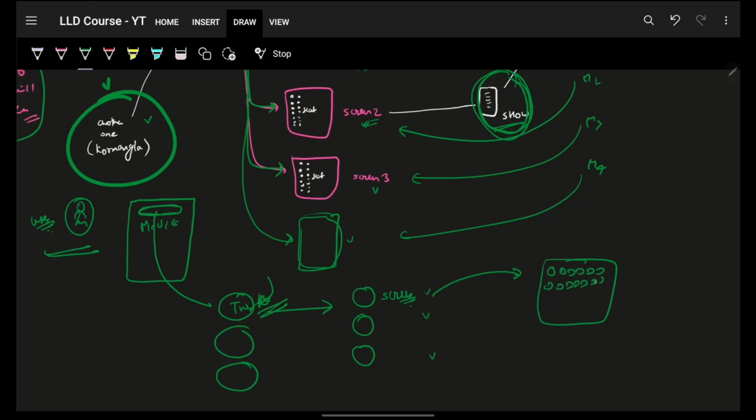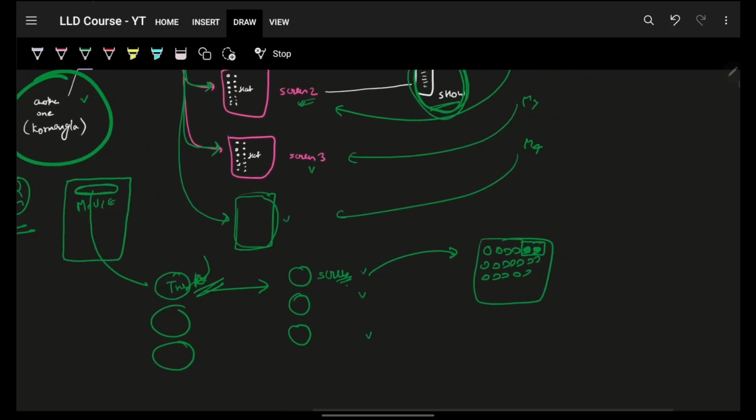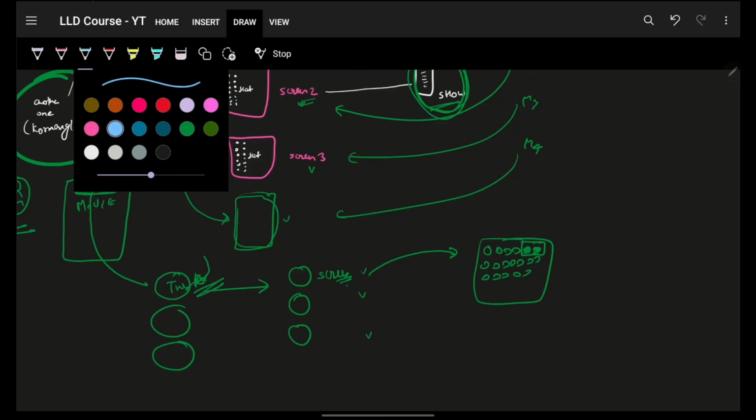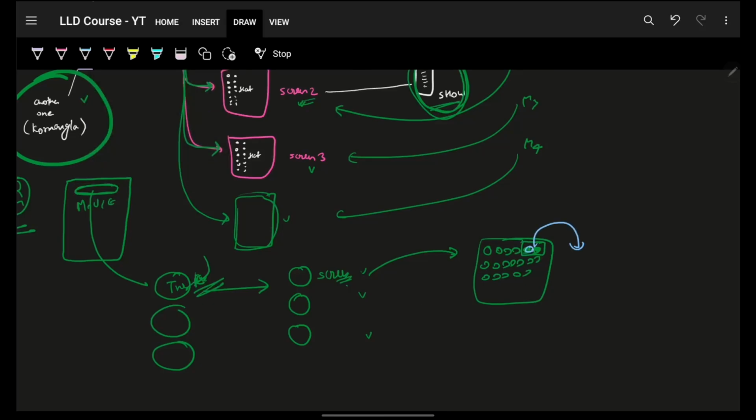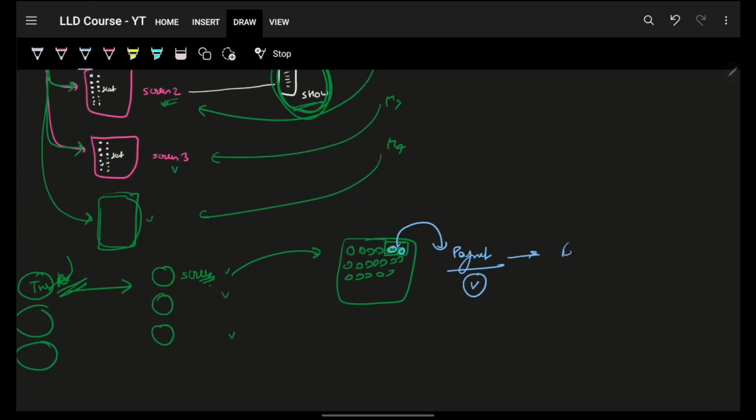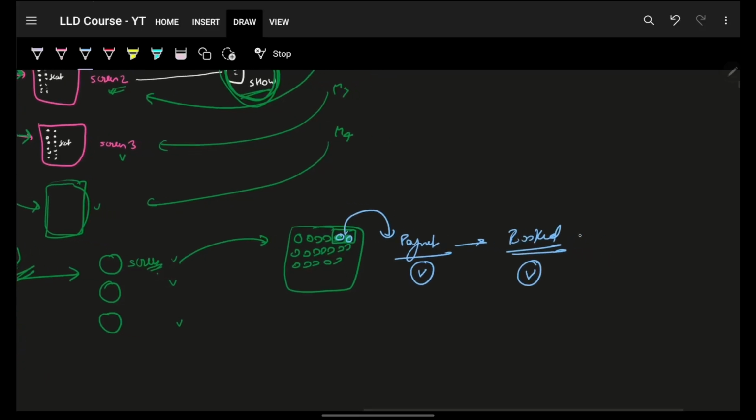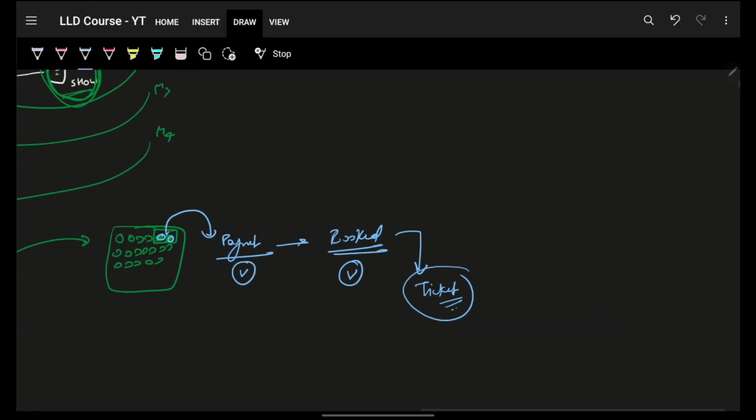Let's say you and your girlfriend are going to watch a movie, so you guys will take, let's say, this seat, and then you will want to book it. When you say you will book, it means you will select the seat and go for payment. When the payment is processed completely, you will get these two seats as booked under your name. And obviously, whenever the booking completes, you will get a ticket, a simple QR code representing that so-and-so person, with one more person,